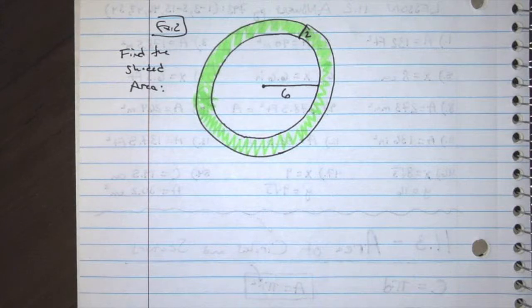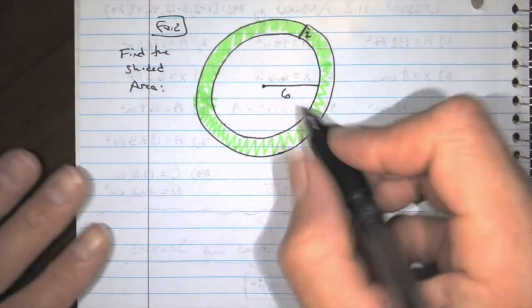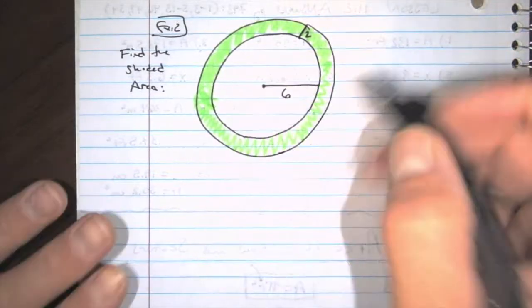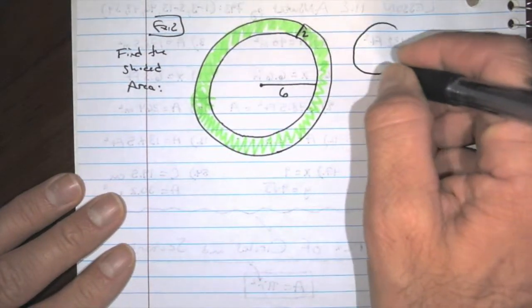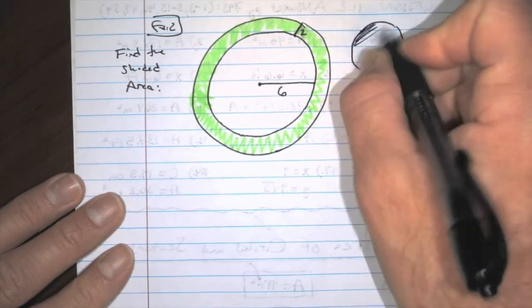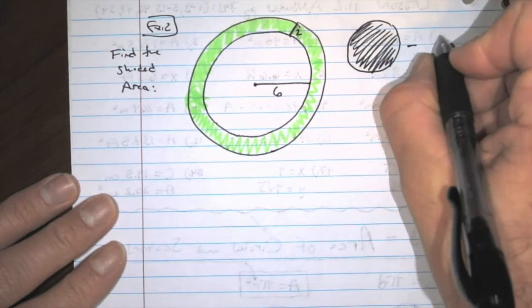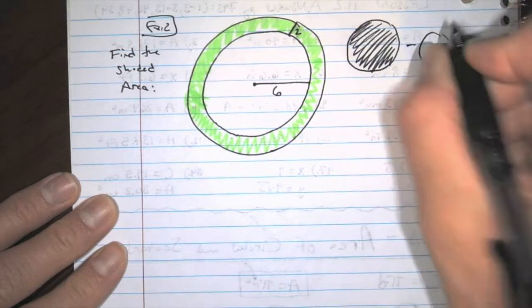Okay. Now, going about this problem is actually sort of simple. It shouldn't be that difficult. You just need to have a game plan. You need to have the process understood before you get started. To find the area of just this little ring between the two circles, really in essence, you're going to find the area of the big circle. You are going to subtract the area of the little circle,